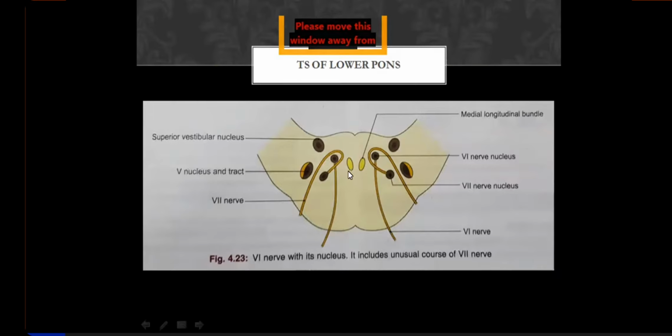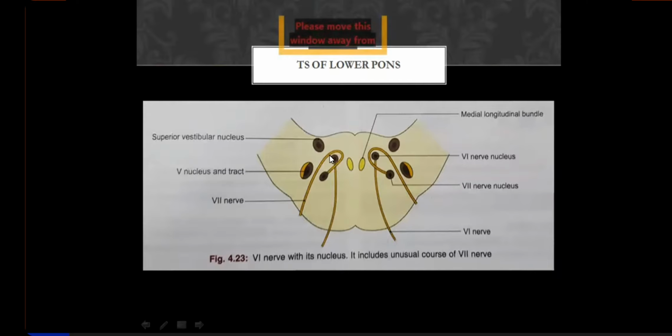Then you find this medial longitudinal bundle. Remember, it was also seen in the midbrain, that it was extending parallel. Remember, it was seen adjacent to the oculomotor nucleus. It was seen adjacent to the trochlear nucleus, and down below now you're seeing it is adjacent to the abducent nucleus. And you remember the function was to integrate the impulses and synchronize the binocular eye movements, because the 7 muscles, they have to be synchronized, right, bilaterally.